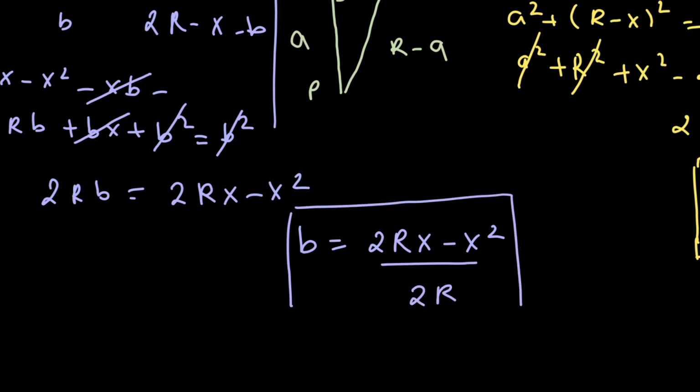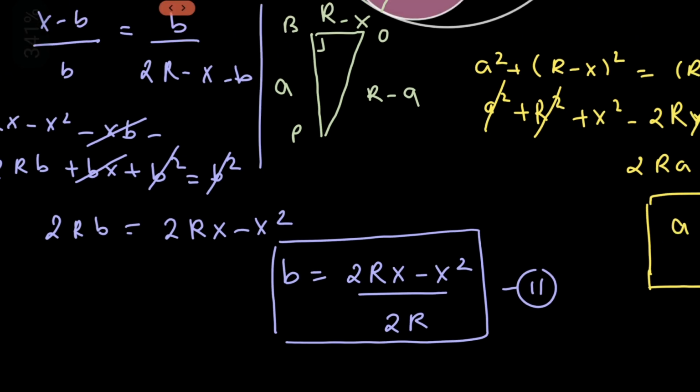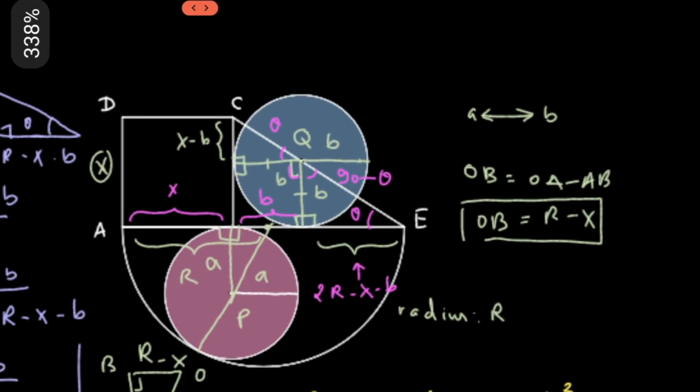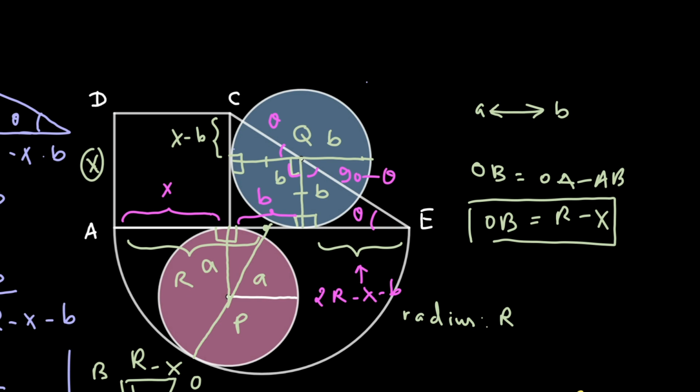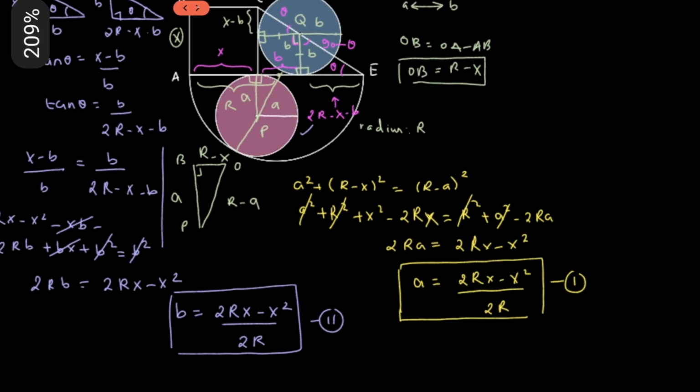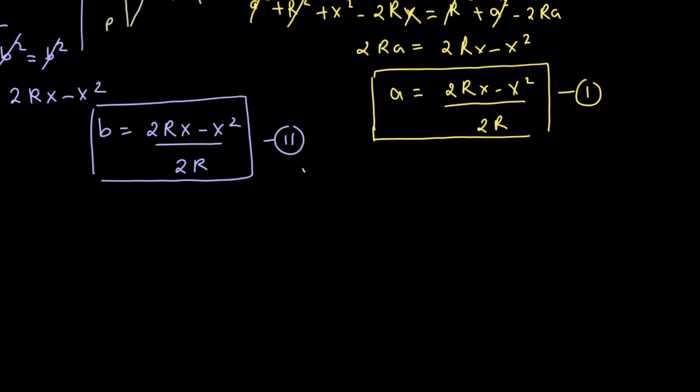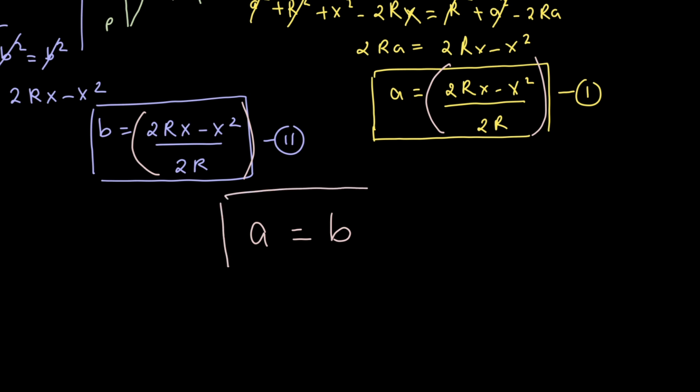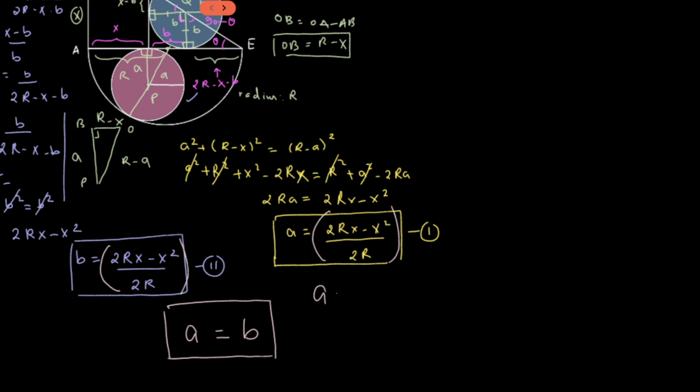Okay, so here we have got equation number 2, and to find this we utilized all the things that were specifying the position of this circle. You can note that whatever facts were given to specify the position of these two circles, we have utilized all of them in order to get our equation number 1 and equation number 2. So here we have got both of our equations, and we can simply say that the right hand side of both of these equations is equal, therefore their left hand side also becomes equal, hence a is equal to b, and that's the relation that we were trying to find. So in the original question the value of a was equal to 6, therefore b would also have a value 6, and that's the answer that we were looking for.